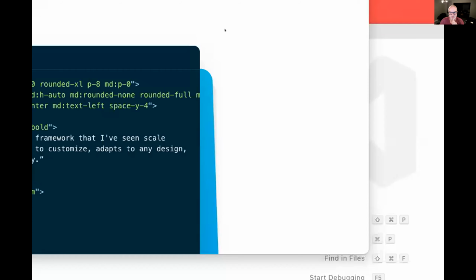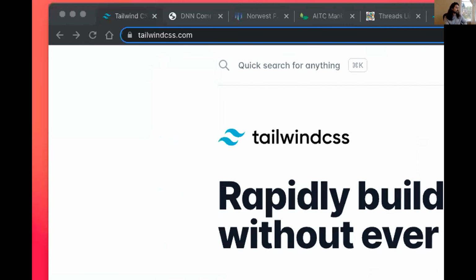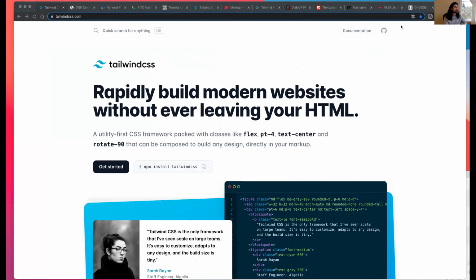So can I share my screen? I guess I just have to do this. Sorry. Yes, absolutely, you can. Portion of screen. Here we go. How do I share a portion? If you're wanting to share a portion, you have to go to the advanced tab on the share, and you should be able to resize what portion you want. Okay, here we go. Perfect. Does everyone see that yet? I am seeing the Tailwind CSS site. Okay, awesome.